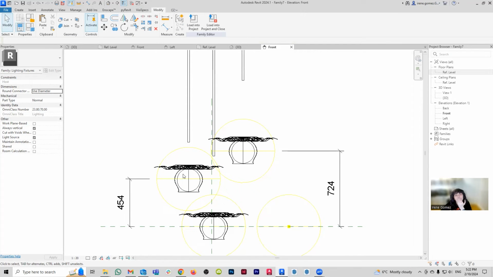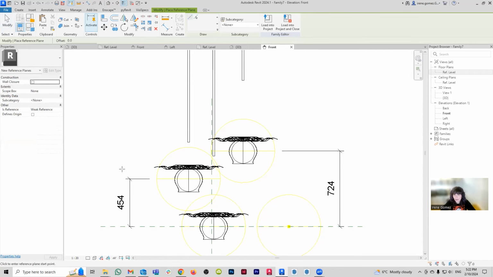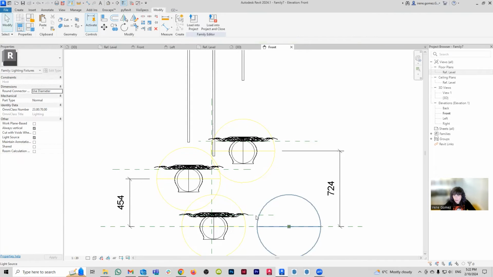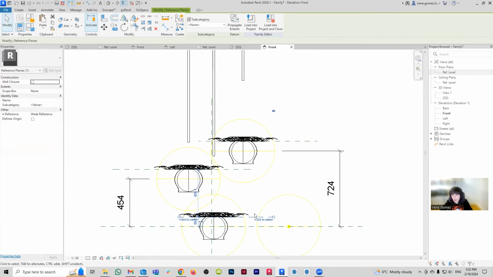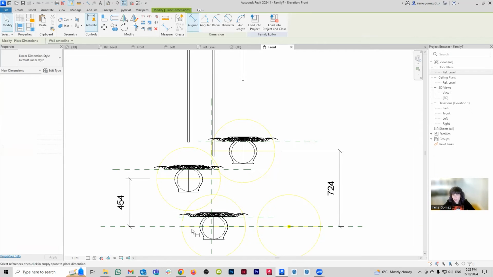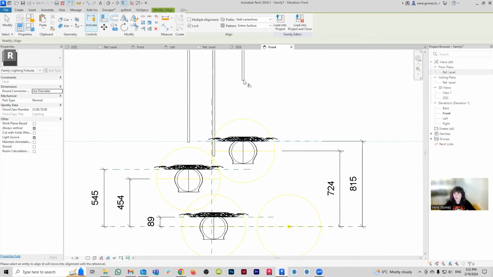There's a couple solutions that I can try here. One of them is going to be reference planes, which I hate having to create unnecessary reference planes, but it looks here like they will be necessary. So I'm just going to create a reference plane basically where I want my rods to end, so to speak. And I'm just going to lock those reference planes. So I can go distance from this to this, lock, from this to this, lock, and then from here to here, lock. And now let's see if this is going to work.